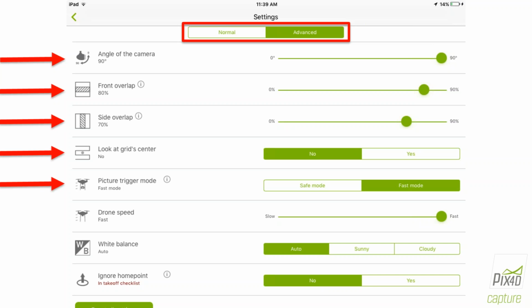Trigger mode, so we have fast or safe mode. Fast is it's just going to take images on the fly as it's moving. Safe mode, it's going to stop and take pictures. We can set our drone speed between fast or slow, white balance if we want auto, sunny, or cloudy, and then whether or not we want to basically ignore our home point or our GPS location when we take